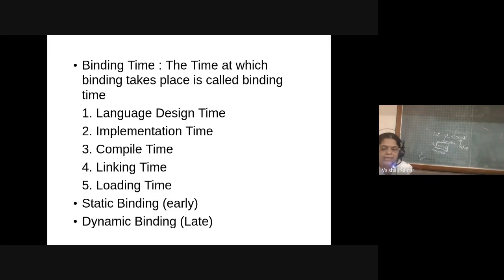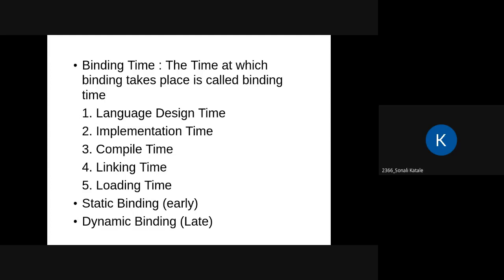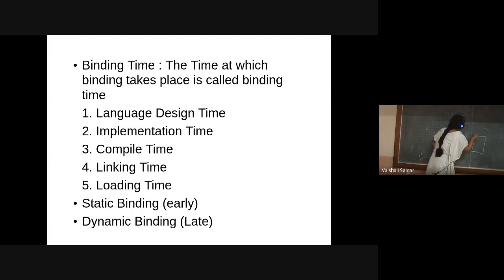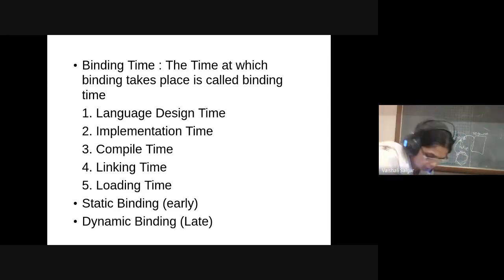Obviously, I have a program file, and you have compiled it. Now this program, for example assignment1.c, if you have written it, after compilation this will be loaded into my main memory, RAM, at that time. That is called my loading time binding. So when my program is loaded into main memory for execution, that is called loading time binding. Is that clear?